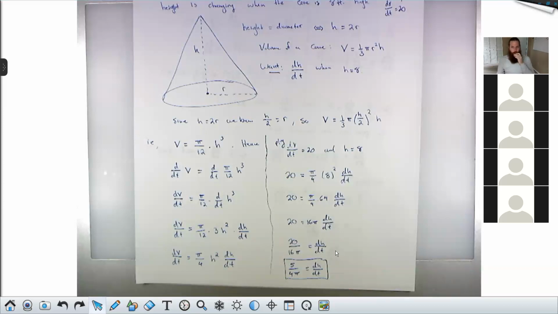How did we go from 3h squared to the h squared again down there? Did you divide underneath the fraction there, or? So the pi over 12 times 3 over 1. Oh, duh. I see now. Thank you. Yeah, that's all. So the 12 is 3 times 4. I cancel the 3's. That's all.